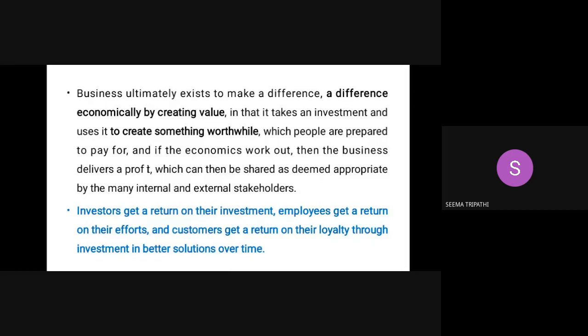As I mentioned here, investors get a return on their investment. Employees get a return on their efforts. Customers should get a return on their loyalty through a better product or a better solution over time. It is not just people selling the same product. That is why many times you see, "क्या आपके toothpaste में नमक है?" They cannot sell the same toothpaste for 100 years. "क्या आपके toothpaste में नमक है?" भाई, वो toothpaste में नमक होने से क्या फायदा? मुझे कोई समझ नहीं आ रहा. इतना सारा नमक तो हम वैसे ही खा रहे हैं. सब्जियों में नमक, समोसे में नमक, हर एक चीज में नमक है. अब टूथपेस्ट में भी नमक चाहिए क्या? But you have to do something innovative. You have to add value.